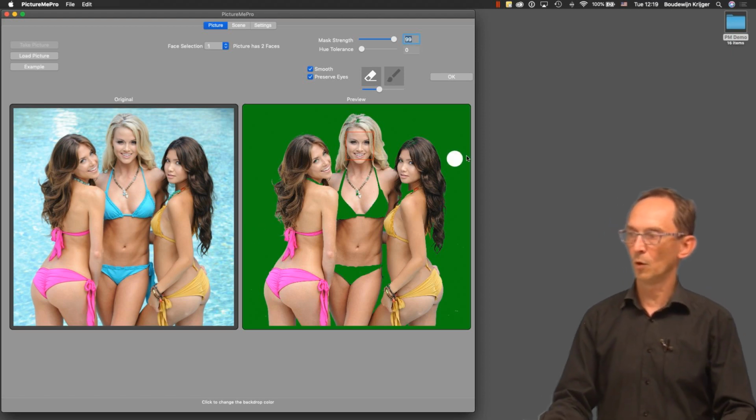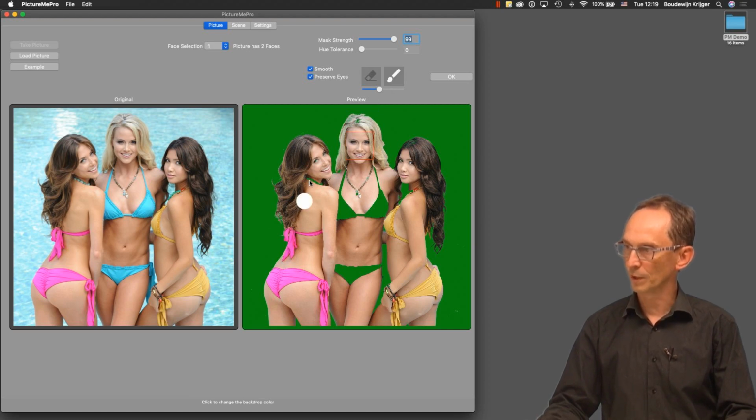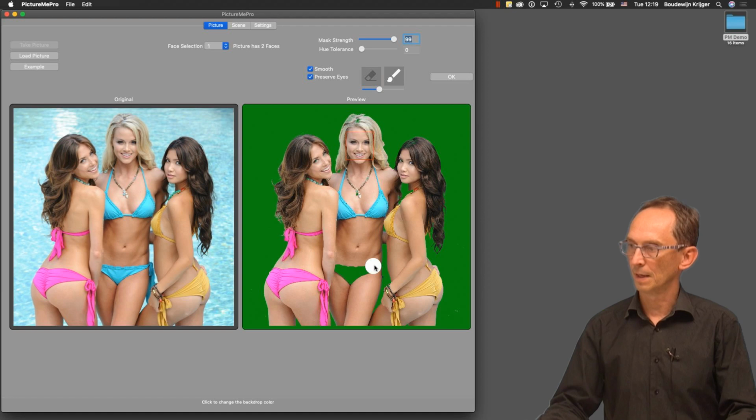And that makes it almost perfect, but she's wearing a cyan bikini and she's wearing a cyan necklace. So they're gone. So if we use a brush, we can brush those back in. So simply start here and follow that bikini. It's a bit more work, but you wouldn't do this for like 100 shots. But if you happen to have one subject that happens to have the same backdrop or same clothing as the backdrop, you could do it like that and brush it back in,